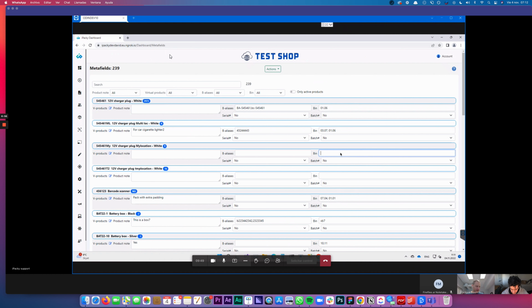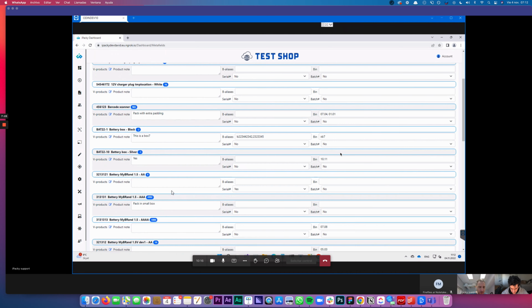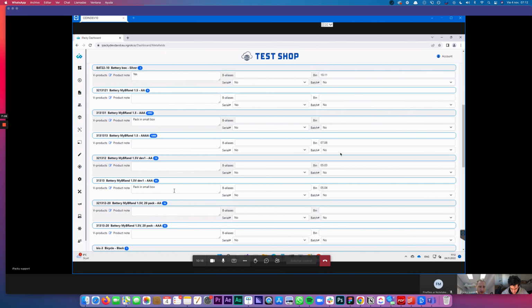And you can have a bigger screen also, all these kind of things. So you have more possibilities and probably cheaper also. Okay, and product note, you might not need that, but it's for if you want to, on a product, when that product is on an order, you can give instructions to the packer or picker. This is internal information. So, for example, you can see here on, let's see,